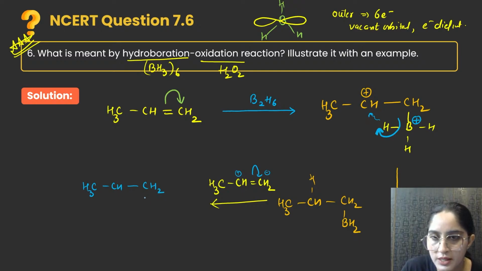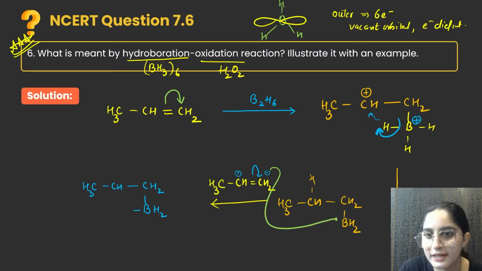This borane with BH2 and one bond, this whole thing will get attached here, right? This whole borane, you will see what exactly will happen. I'm drawing it in green. These electrons will attack this electron deficient borane, right? So basically this is going to happen. So this BH2, this is going to be positive here, because here I'm talking about this particular yellow propene, right? Electron will jump to this negative, this borane will attack and this will be CH2,